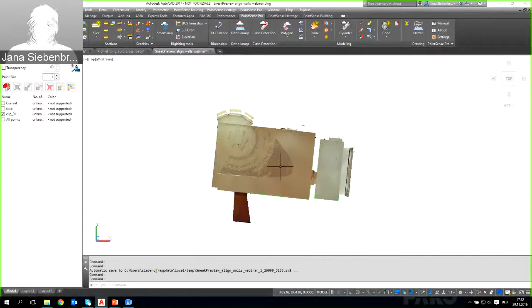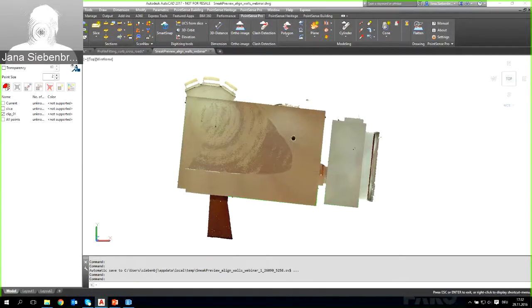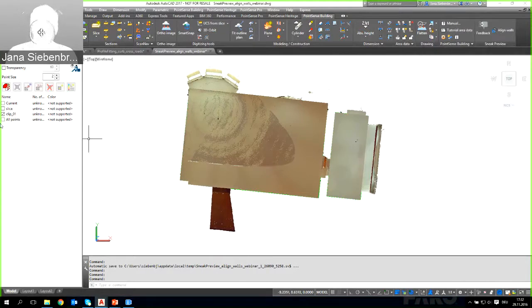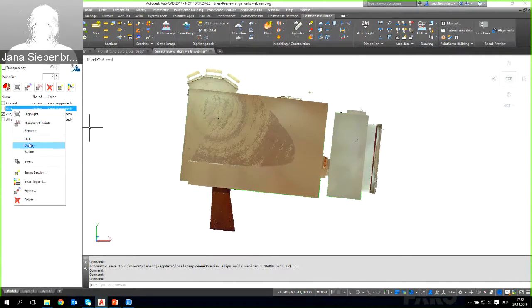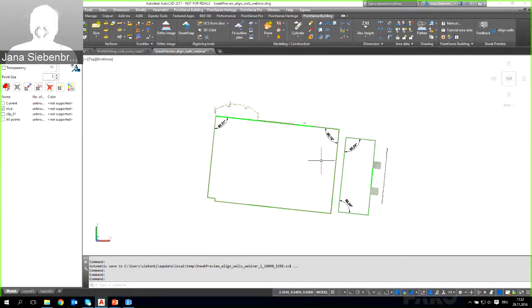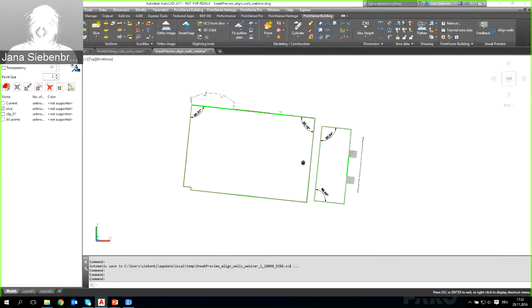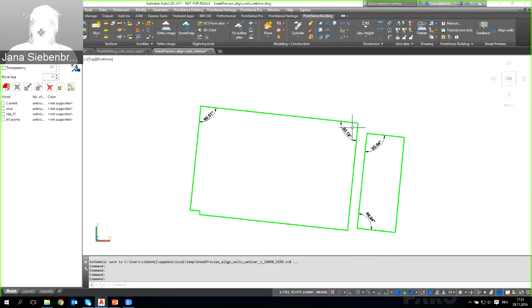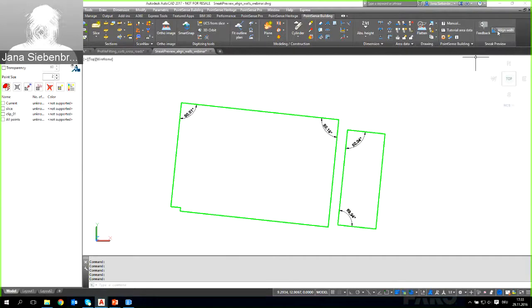Here we have again our two rooms which we scanned, and the supposed workflow would be that you first create a slice of your point cloud and digitize the wall lines. Before you add doors and windows, you would want to align the wall lines and apply constraints like square corners for the rooms. And that's what we can do. I have put in some annotations here, and you can see that the room corners are not square right now, but using the new Align Walls tool, you can select those lines,